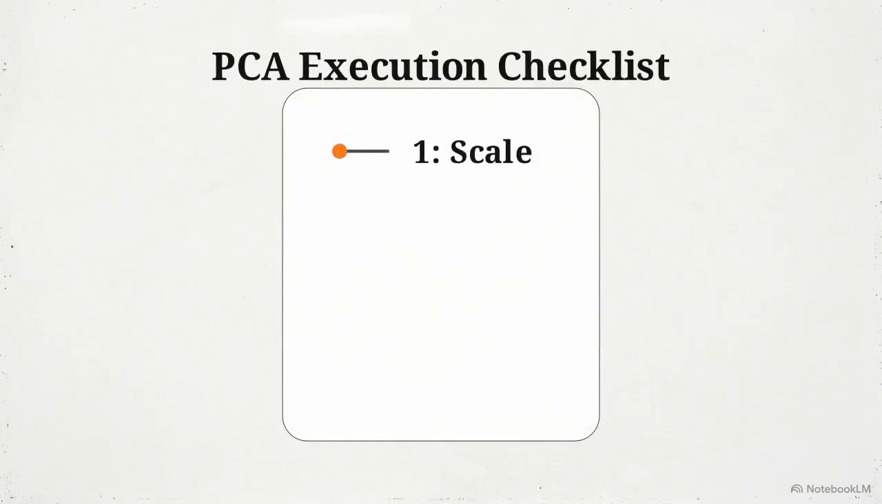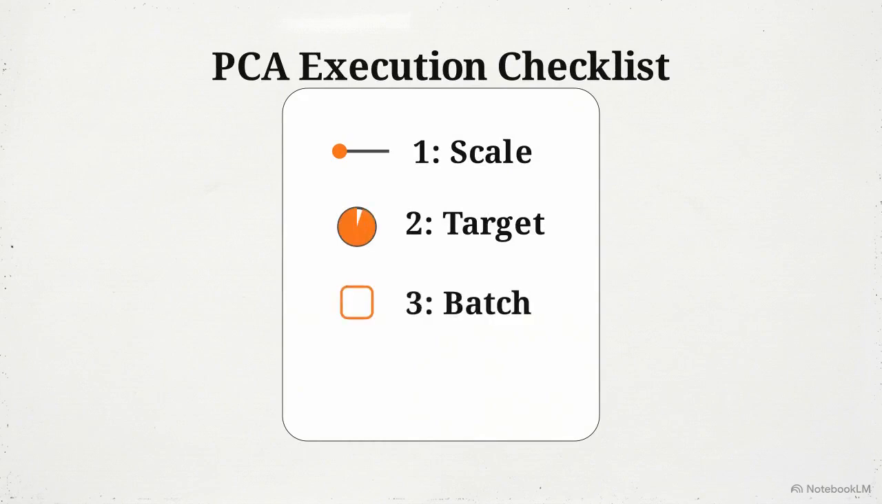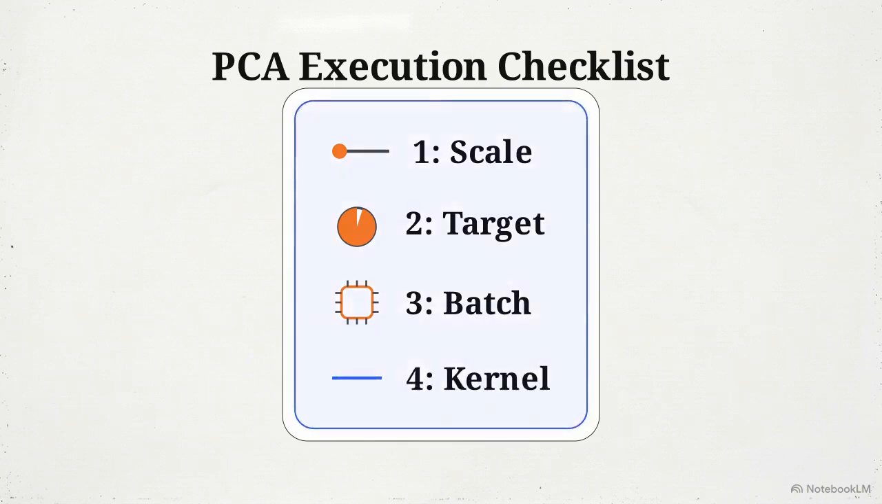To execute, normalize features first. Target your variance percentage using a float value. Use incremental PCA for datasets exceeding your RAM. If your data twists, use kernel PCA to unroll it. Strip away background noise and focus on the true